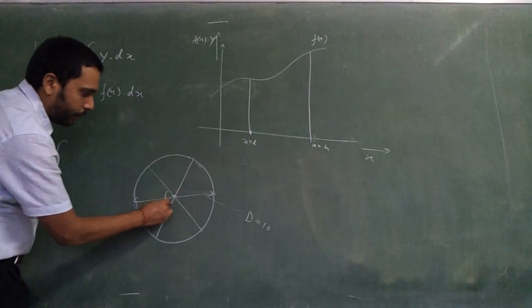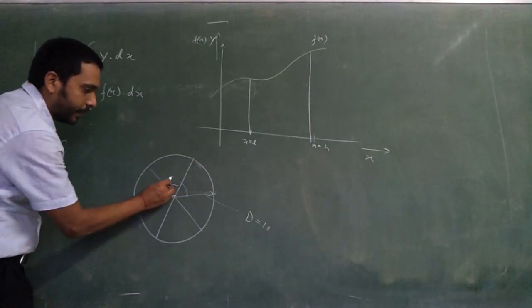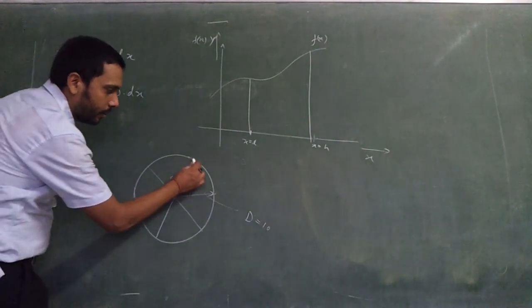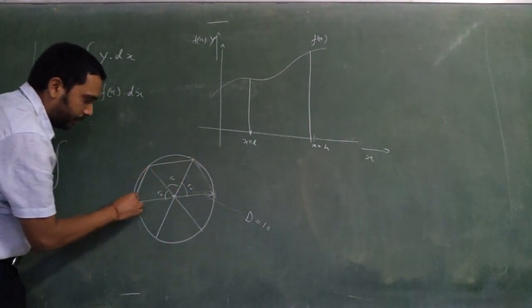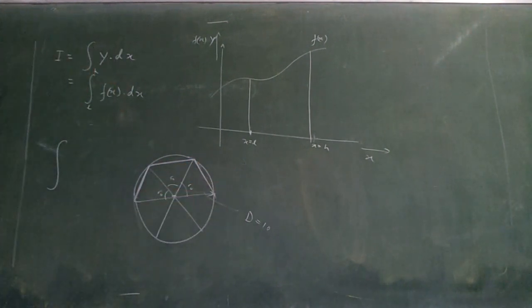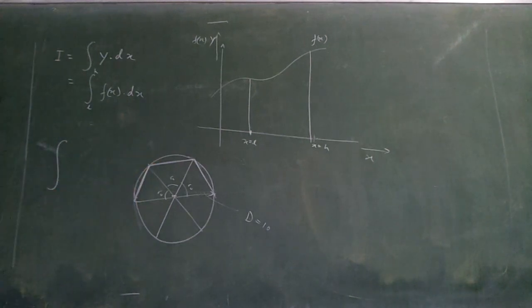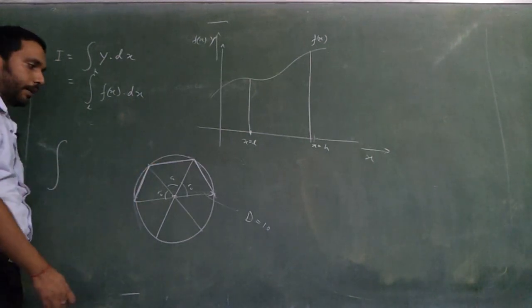Like if you divide into 60 degrees, 60 degrees, 60 degrees, and measure this length, this, that will give you a rough idea, but it won't be exact, right? It would be less or more than the actual. Obviously it will be less. Okay, a straight line distance is less than the curved distance. But what will come? Can you tell me?